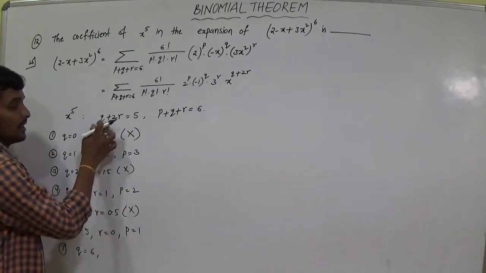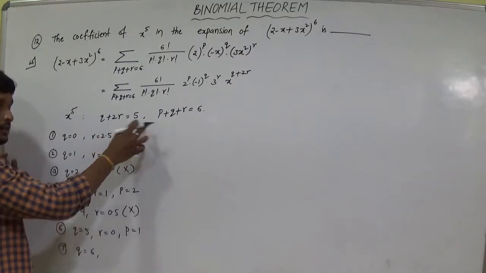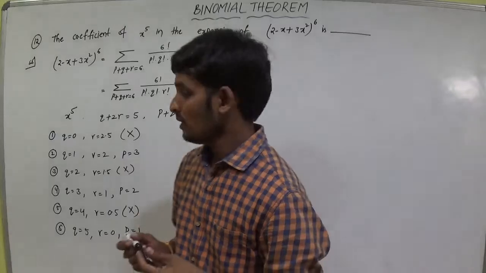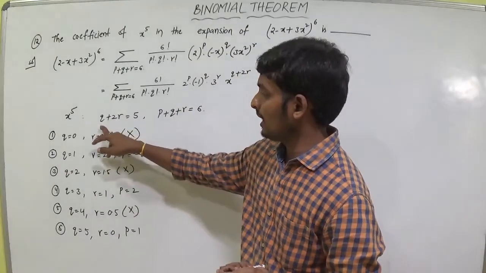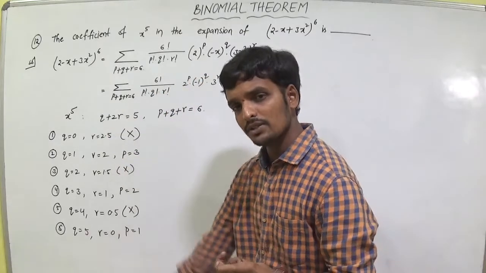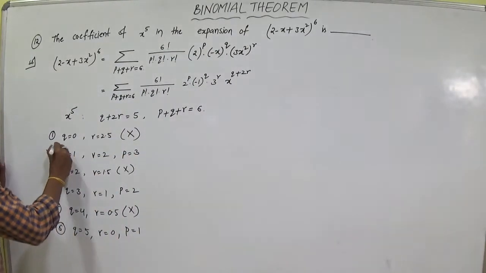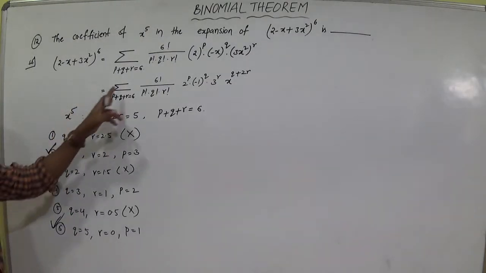Now I am taking the seventh case, that is q is equal to 6. It becomes 5 minus 6, a negative number. r is negative, which is not possible. From q is equal to 6 onwards, the cases are not possible, because the values of r are getting negative. For example, if you substitute 7, 5 minus 7 is minus 2, not possible. If you take 8, 5 minus 8 is minus 3, so all the values are negative. So we are getting only 3 cases that are applicable: 1, 2 and 3. So we can apply this formula.